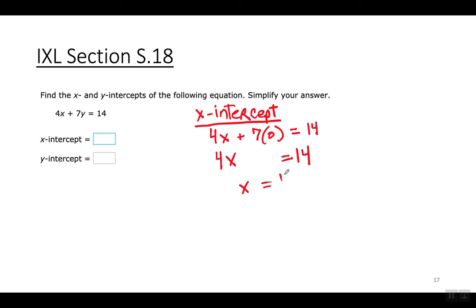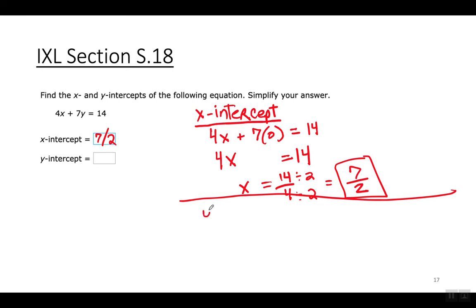Alright, so X equals 14 over 4, but I gotta simplify that fraction. I can divide the top and the bottom by 2, and I'll get 7 over 2, and that's my simplified answer. Alright, and then the Y-intercept,